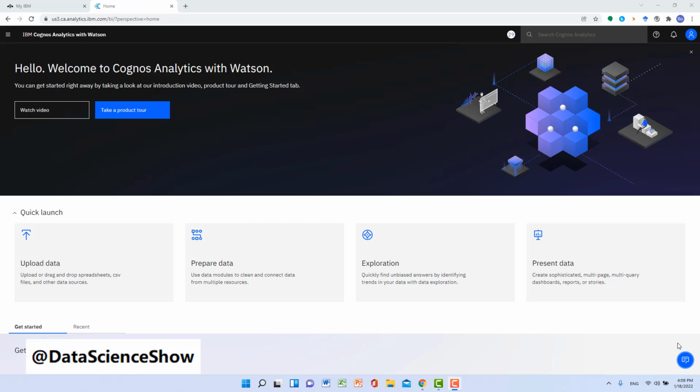I want to introduce one of the advanced artificial intelligence systems, called IBM Cognos Analytics with Watson, to everyone. This system has more advanced features. It can help business professionals analyze data and find useful information from the dataset. This system doesn't require the user to know any business analytics knowledge.